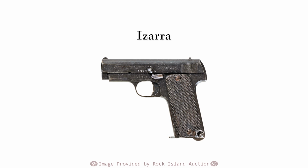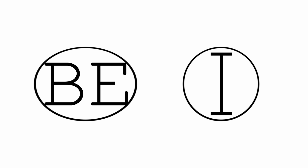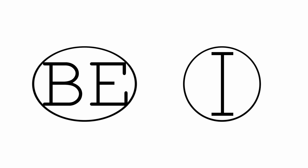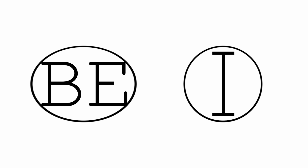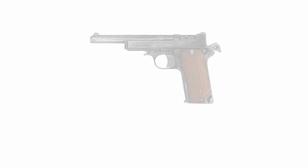By the way, as with all these guns, both the Azul and the Star had their magazines marked for fit. BE on the toe of the Stars, and an I on both the toe and the frame of the Azul. Recall, these were necessary because the wide variety of Eibar factories meant magazines from one maker in another's gun may not function. In the end, even Echeverria would produce more Eibar types, with roughly 27,000 shipped compared to fewer than 20,000 Stars. Wartime serials range from